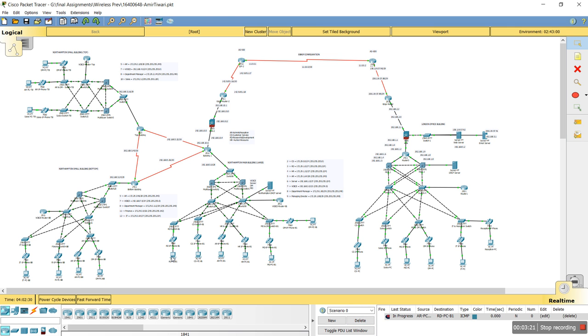So the ping is successful. Communication is happening between these buildings of the Northampton office. So the ping is successful. Similarly, after the communication is possible in these buildings,